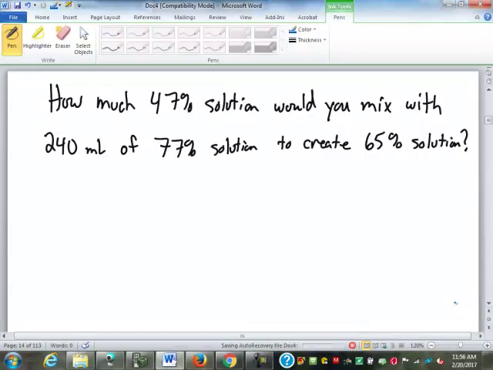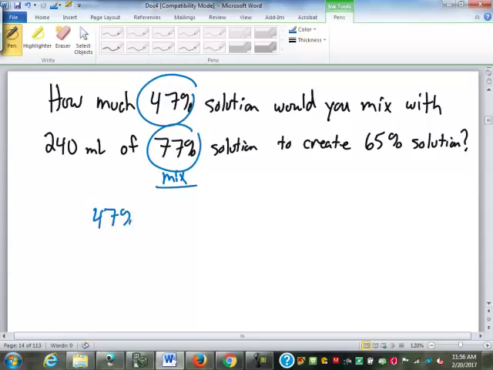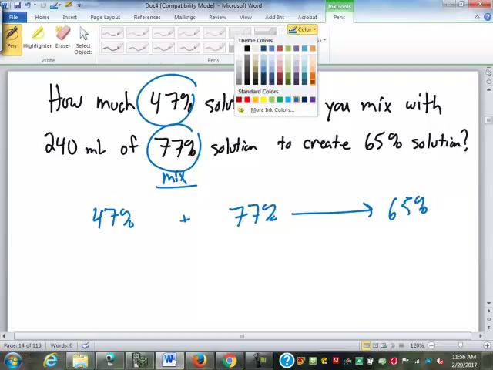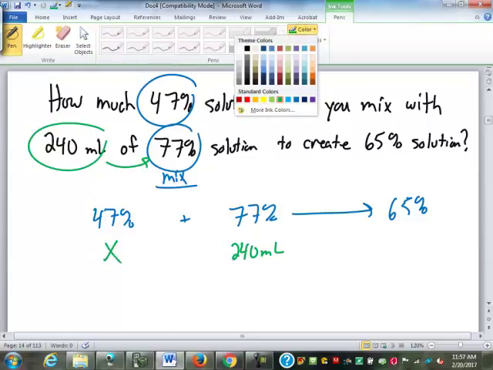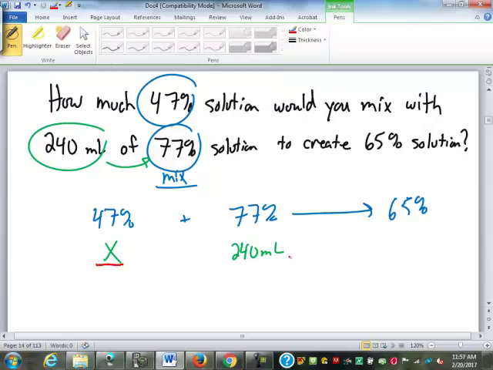So what we're combining here, let's remember the first thing we have to do is figure out what we are mixing. We are going to mix 47 and 77% solutions, and we are trying to get a result that is 65% solution. The volume that we have, 240 milliliters, is with the 77% solution. And we're trying to figure out how much of the 47% solution we're going to need. And remember, these volumes are additive. So we're combining X milliliters with 240 milliliters. We better get X plus 240 milliliters